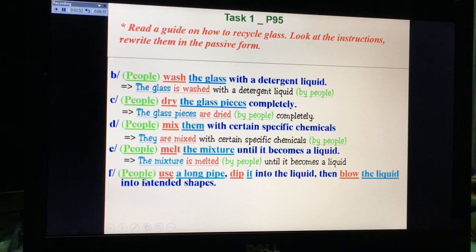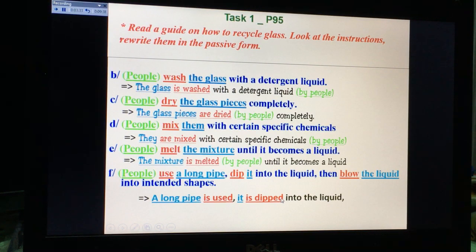And here in sentence F, we have 3 verbs. The first verb is use, the second verb is dip, and the last is blow. Now look at how it changes. A long pipe is used, because the new subject for the verb use is a long pipe, it is singular, we use to be is, and use is a regular verb, so we use the ed. And the same subject for this sentence, it is the subject it is in singular form, so we use to be is, and dip is a regular verb, so